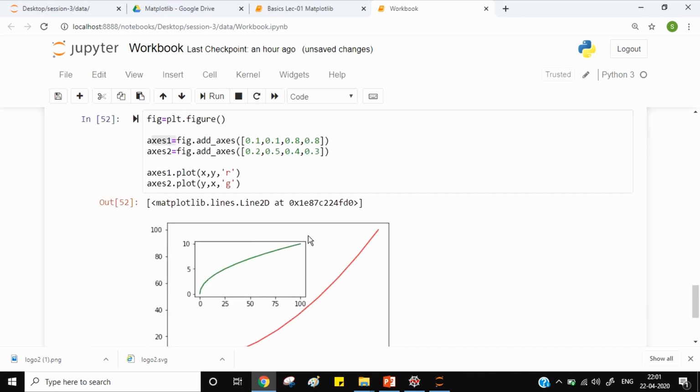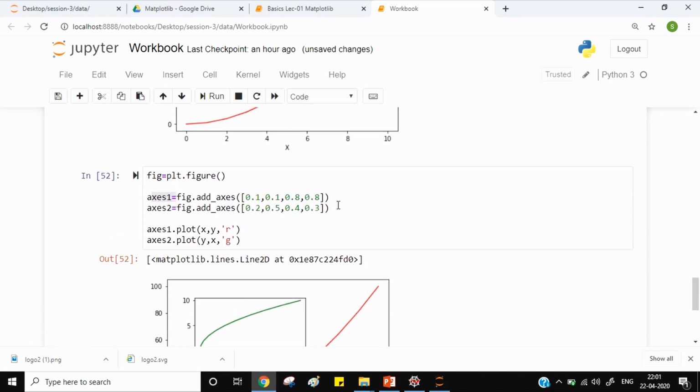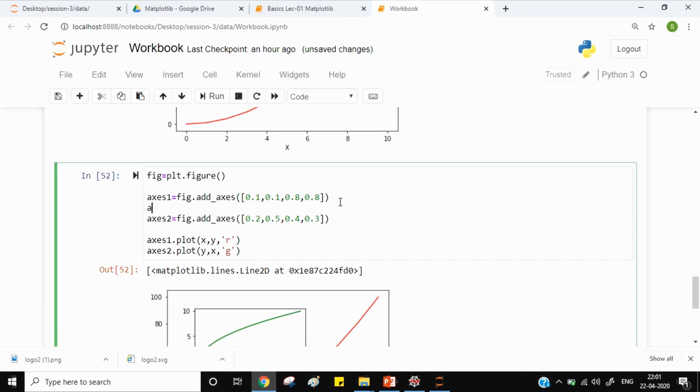Before we continue, again here you can set X label, Y label and title. Just mention axes1.set_xlabel, pass what you want, and similarly you can do it for axes2 and axes3.